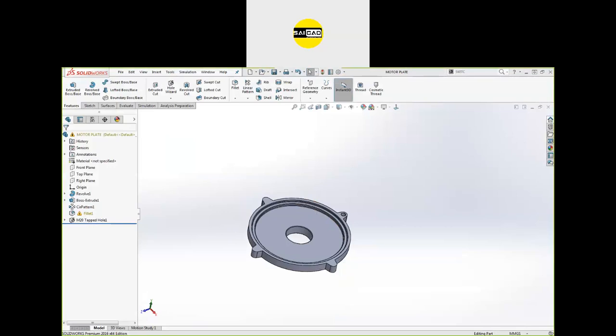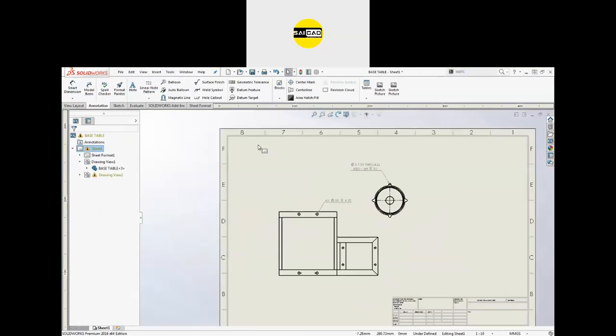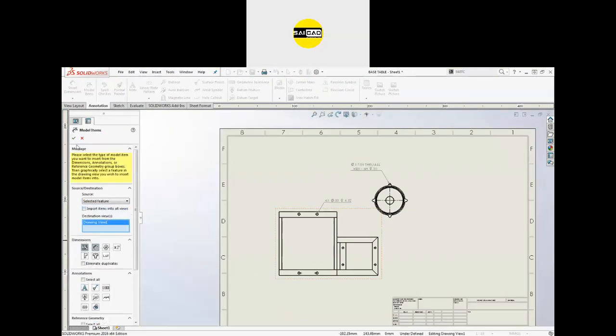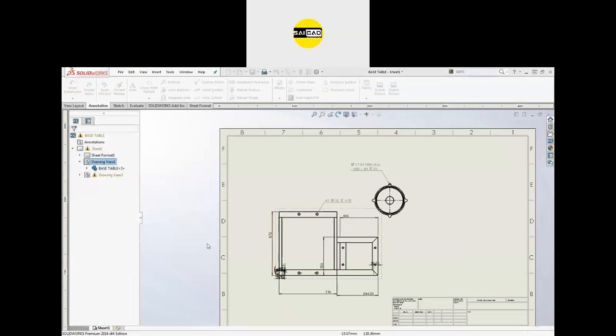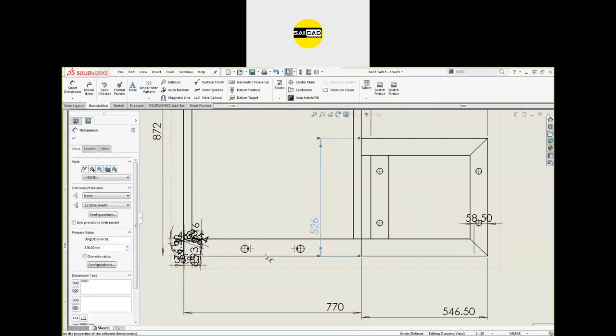Okay, here is the sheet. To add the tolerance to any drawing or any dimension, you can add the tolerance from here. You can see we have some symbols here for the surface finish, for the weld symbol, and we have the geometrical tolerance from here. So you can define the tolerance also from here.